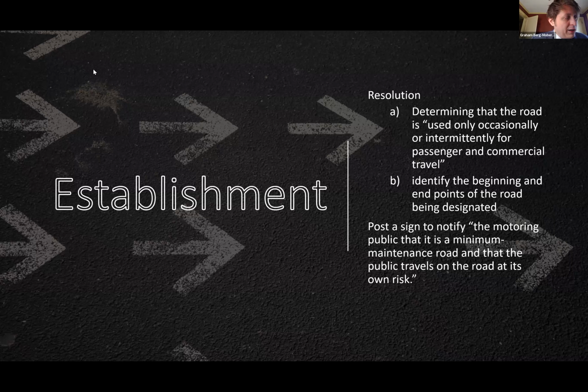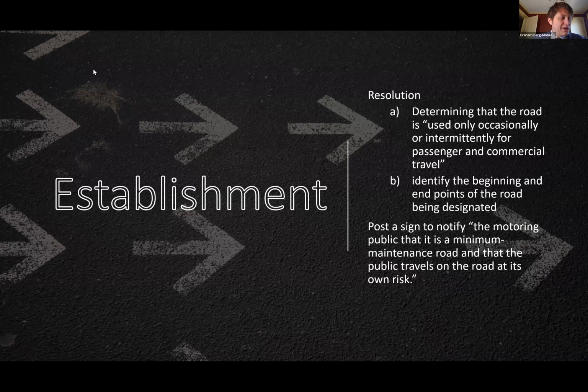So we tend to take the view that designating a road that receives even a moderate amount of traffic could potentially jeopardize this designation and the protections that it offers. Now, this is not a particularly heavily litigated statute, so we don't have glosses from the Court of Appeals telling us exactly what occasional or intermittently means.